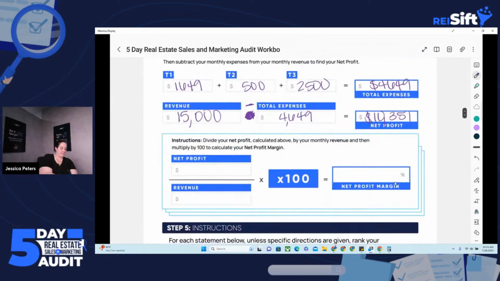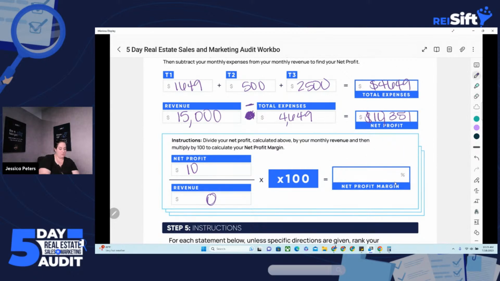All right, so your net profit is going to go in the numerator here to get your profit margin or percent of profit. If you haven't closed anything yet, that would make the revenue 0, so it's going to be hard to divide. So you can just put negative here, like you have a negative profit margin, and that will work for the purpose of what we're doing today. If you have earned some money, then if you have some revenue, then you'll be able to calculate this.